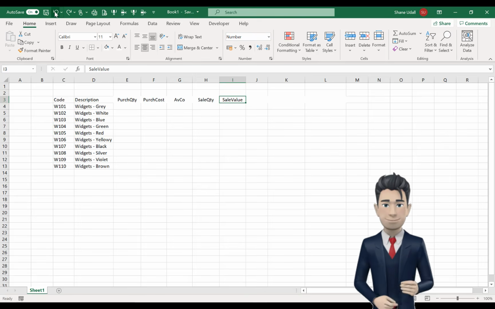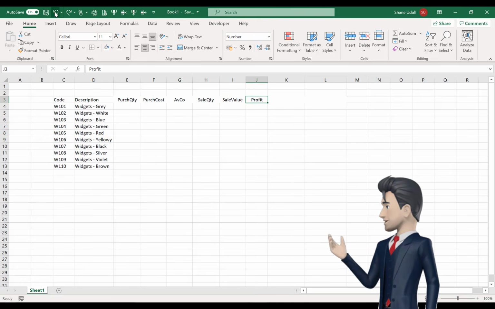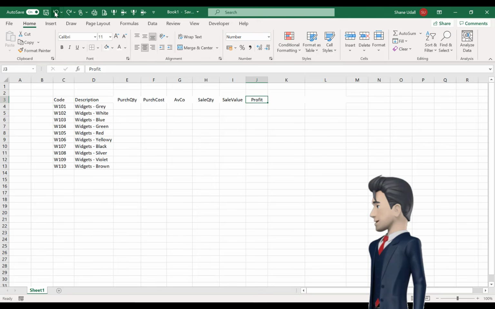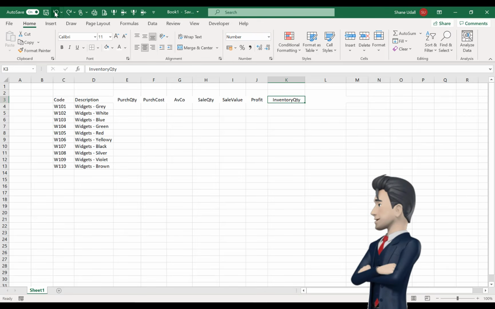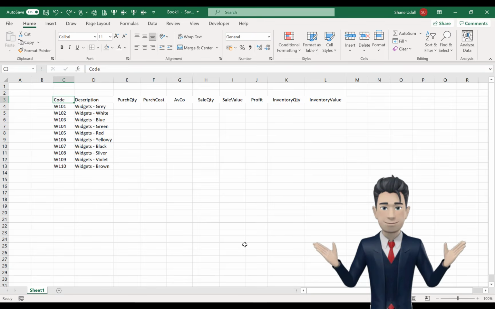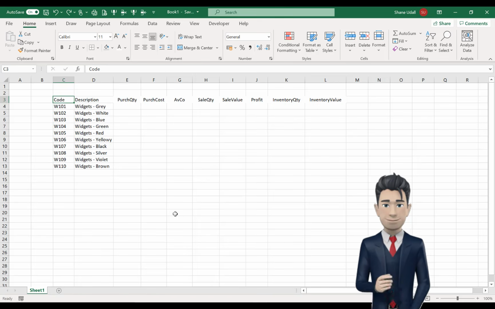We would also like to calculate our profits for each inventory item. So enter Profit in cell J3. Our final two columns in this table will record the running or cumulative inventory quantities and inventory valuations for each product line. Okay, now that we have our inventory management table created, let's apply some formatting and give the table